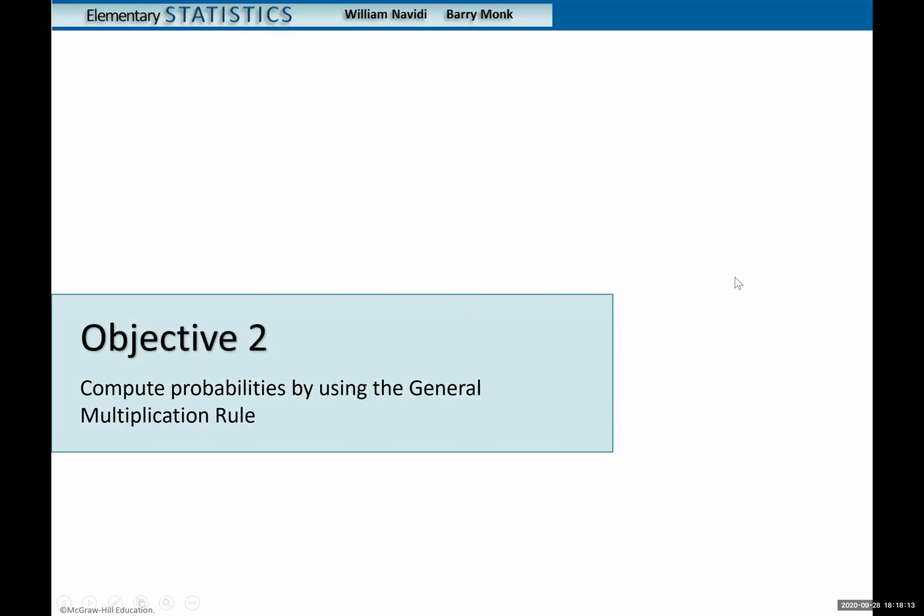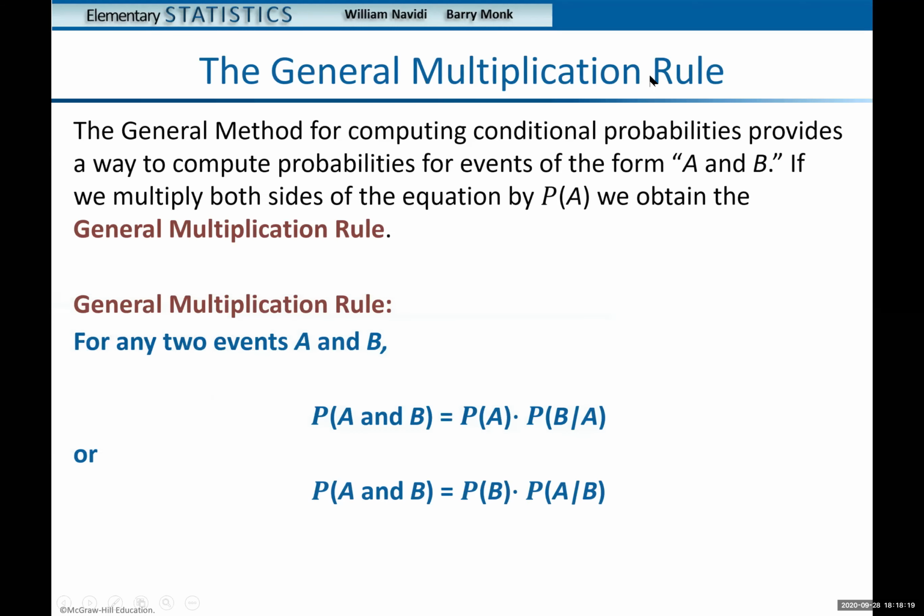All right, next objective, compute probabilities by using the general multiplication rule. And I want you to copy this. For two events, A and B, probability of A and B is equal to the probability of A times probability of B given A, or probability of B times probability of A given B. So you learned about conditional probability. So multiplication, that is and, addition, that is or. So remember,